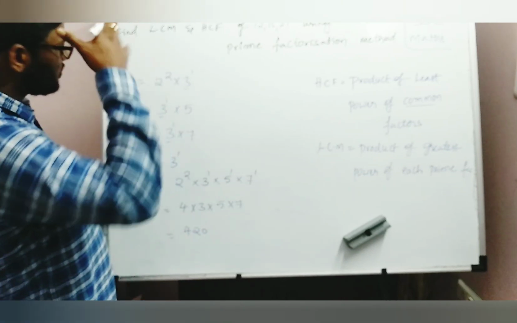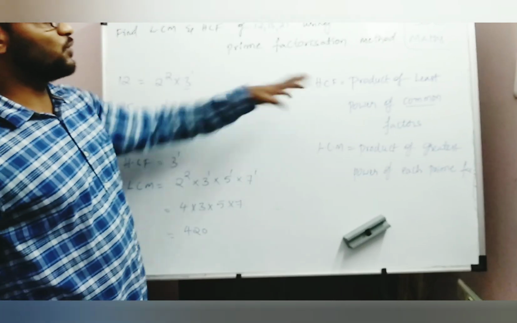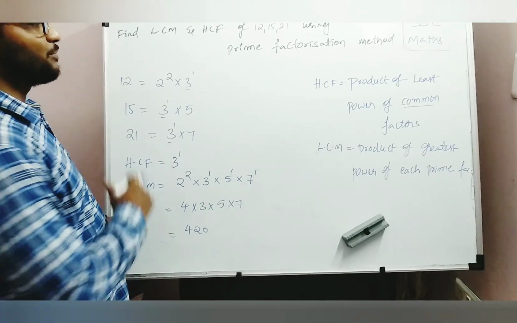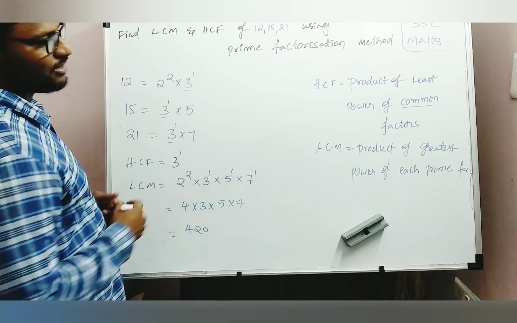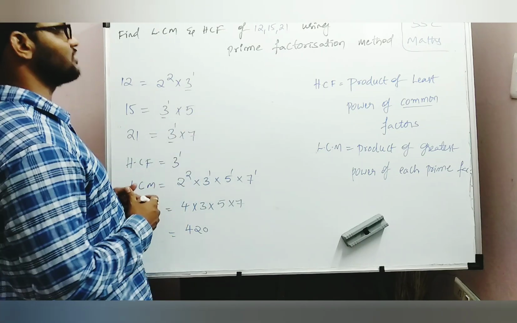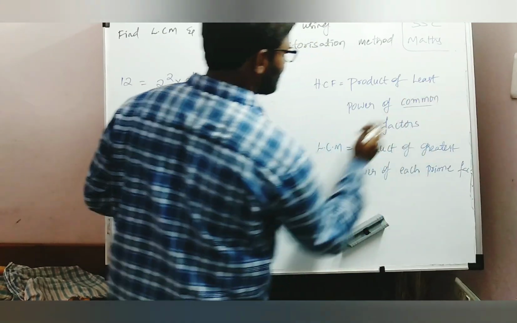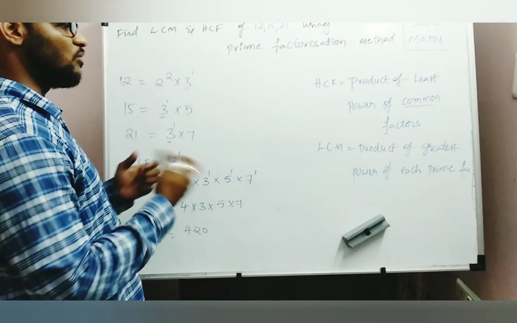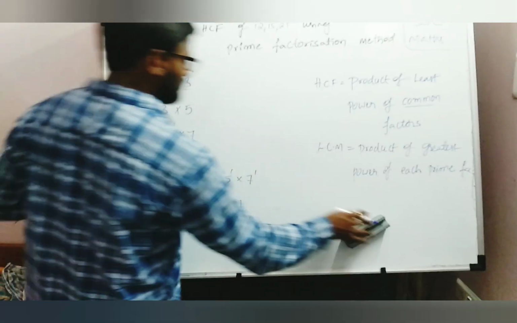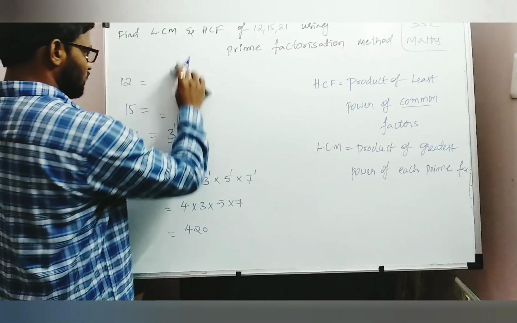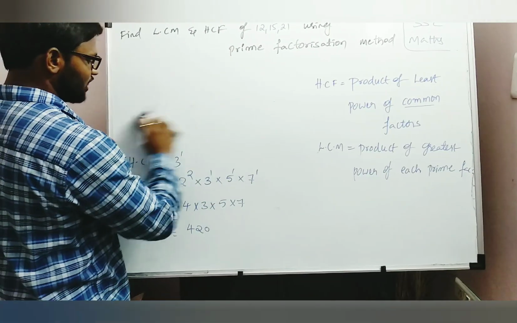Okay. So first you have to remember this formula to find the HCF and LCM. Product of least power, product of greatest power with each prime factor. And in HCF we have to take only common factors. In LCM we have to take all the prime factors. Suppose in some problems there is no common factor,